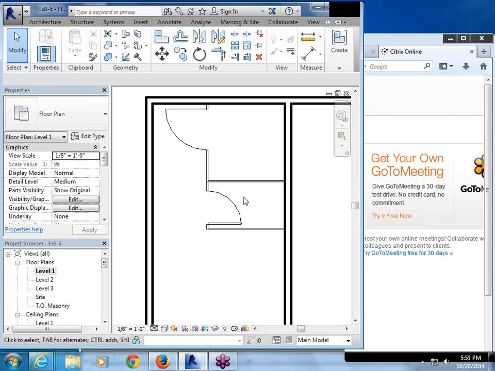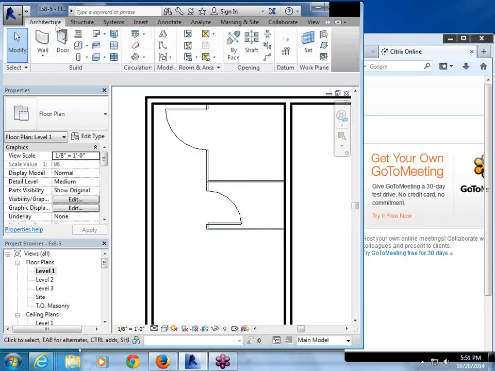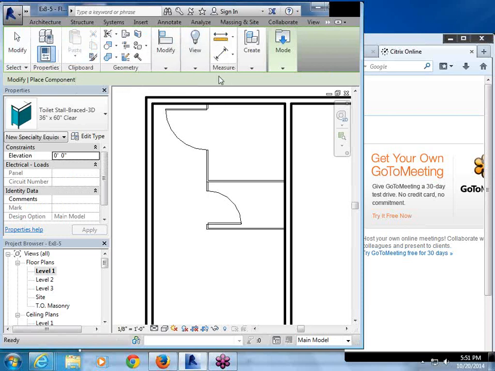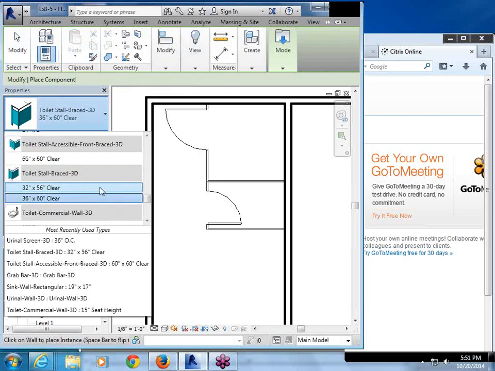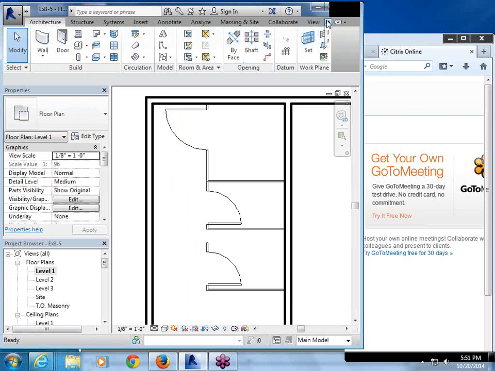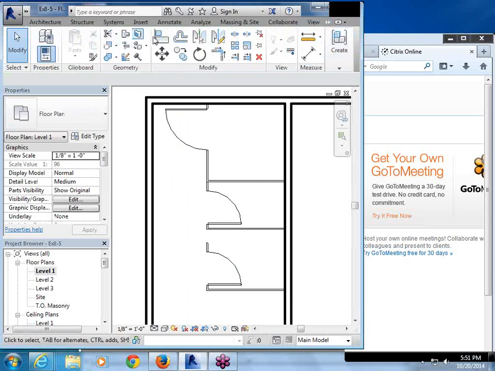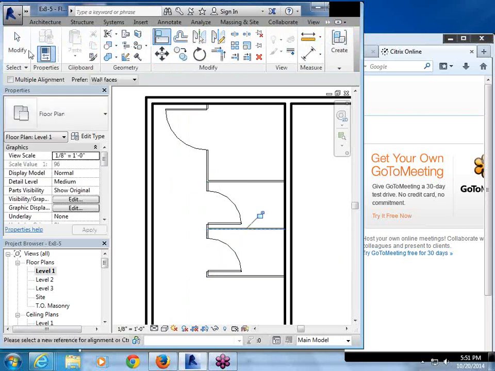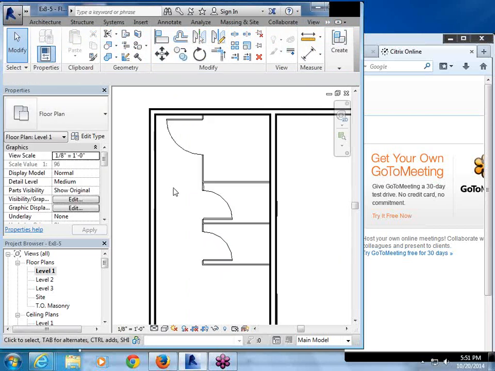So I have my second stall, and I just need to do that same thing one more time to get the second toilet stall in. So architecture, component. It's already chosen my stall. Placed by the wall. Go to modify, align, and then move it up. Okay,